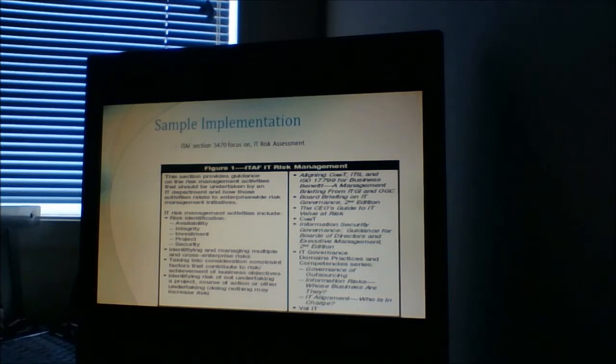Now I just give a sample implementation on how to audit IT risk. We know that a company's long-term success depends upon how it deals with business risk. So this ITAF is an effective tool to use for the audit of IT risk assessment.